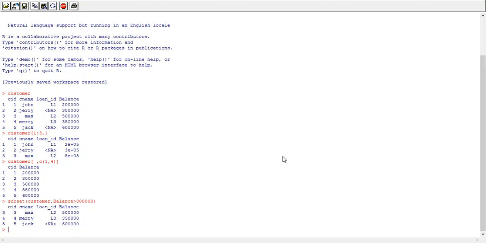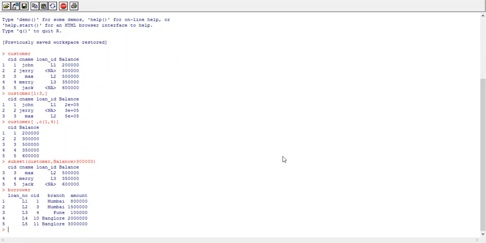Now I have another data frame called borrower, which is used to store information about all the loan holders from different branches of a bank. Now I want to perform subsetting of this borrower data frame. Borrower is the name of my data frame, which is my first parameter.